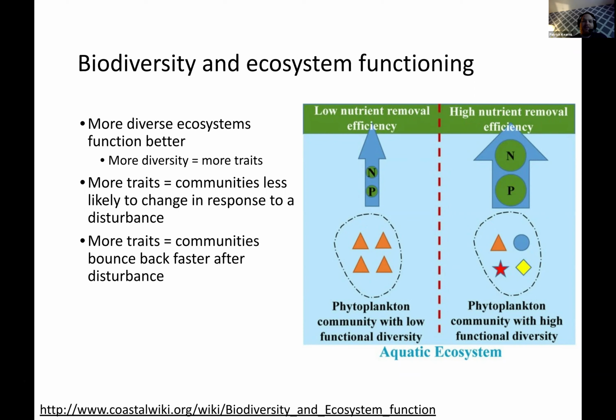And this is not something we just observe in plankton. This is something we've observed across many, many different facets of biological ecosystems. It's a really interesting factor. And I think it's worth keeping this in the back of your mind as we go forward with this class and we talk about ecosystem services and we talk about value.